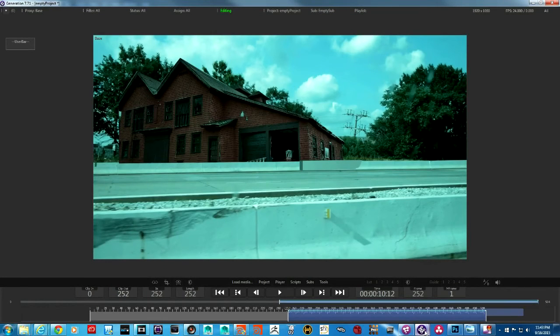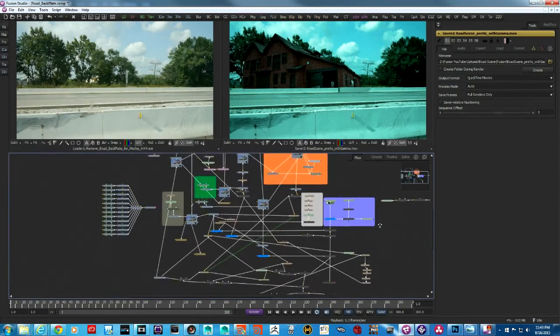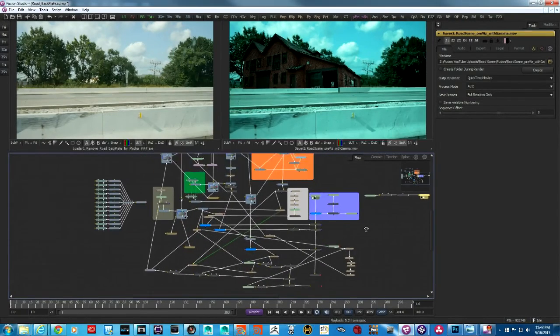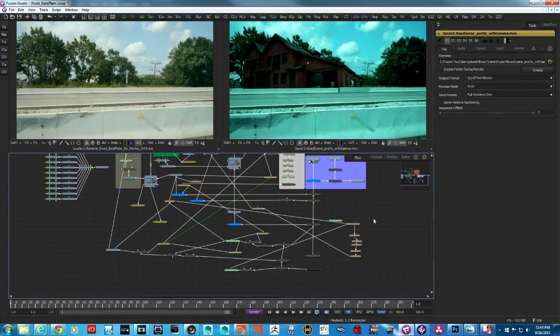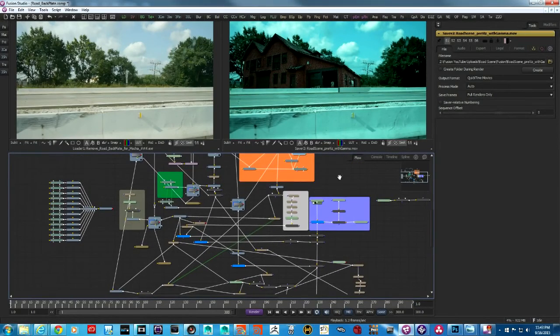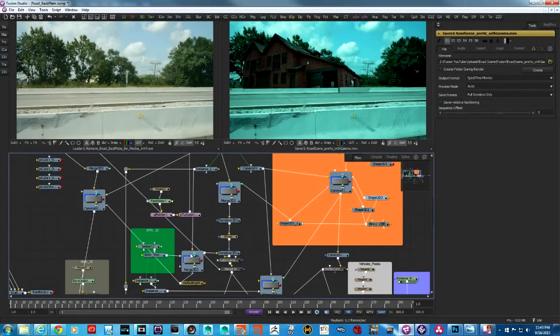Now I'll show you my Fusion clip while we are at it. It's a fairly messy clip here, or the script. I have used all sorts of masking and the alpha channel here and there, and corrections for color and all different things, motion blur every now and then. You have 3D models here. So for example,